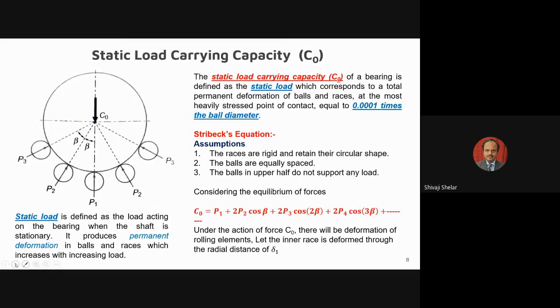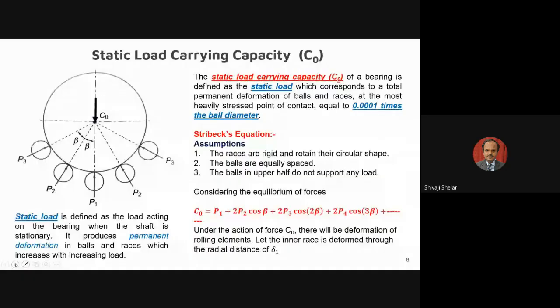So we have to refer to a manufacturing catalog, of this company, SKF Bearing, or any other company, and from that manufacturing catalog, you are going to select a bearing. We are not going to design a bearing, please remember, because if you design a bearing and ask them to manufacture it, nobody will. They will say, we are manufacturing this bearing, see whether you can use any one of these bearings in your application. So it is a selection process.